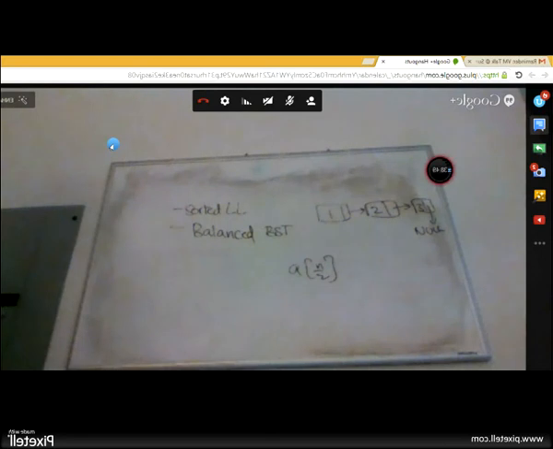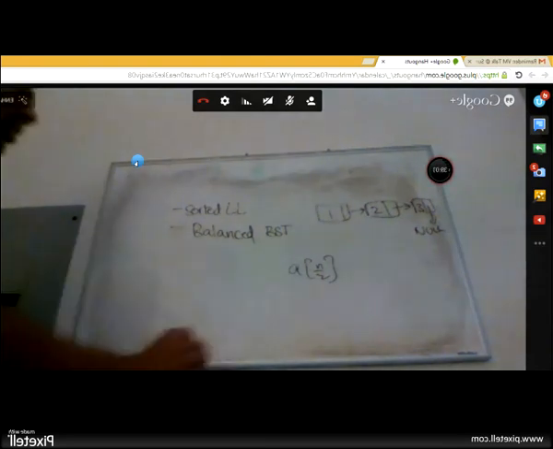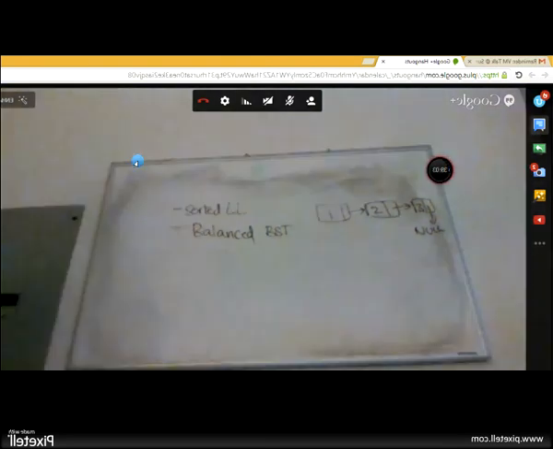What would happen if I completely cut down that process of finding a middle element? Let's say I don't even care. I'm going to give you a balanced binary search tree, but I'm not going to do it by finding the middle element. Is there a way you can do that?